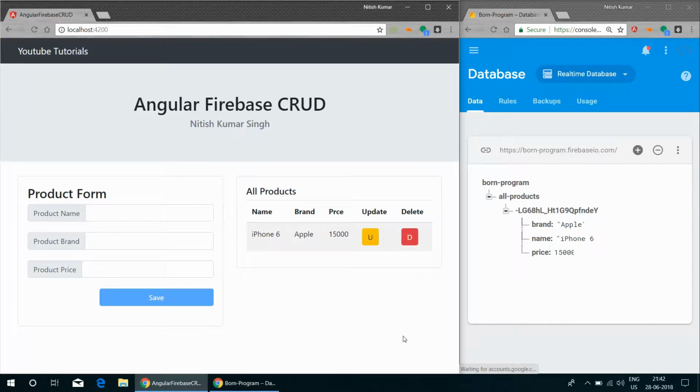So I just finished this app. I am using Angular 6 and the backend is Firebase, and I am performing this CRUD operation. So let me show you a demo. So add a product. So iPhone 10, brand Apple,